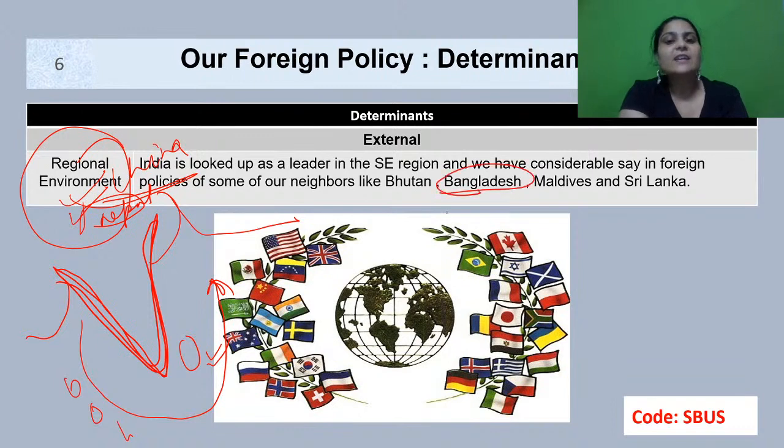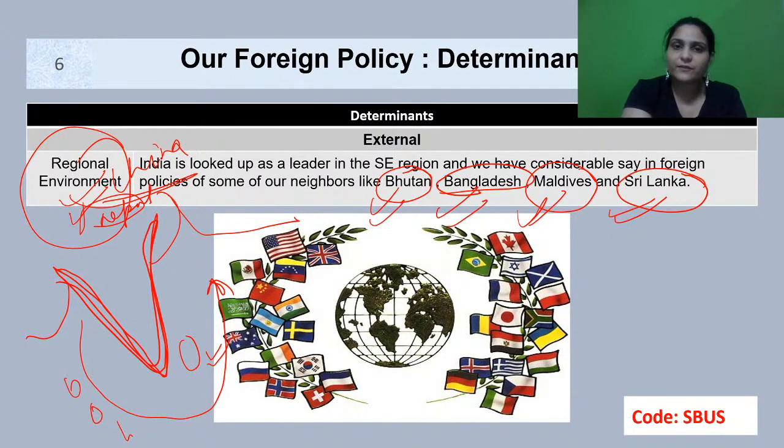Bangladesh, we have friendly relations because we actually helped Bangladesh gain independence. Bhutan, of course, we provide a lot of aid. We import a lot of power from them. We give them a lot of aid to develop their own nation. Maldives, yes, a lot of people working there are Indians already. Indians are there as doctors, as hosts, and in tourism. Sri Lanka, Tamil Sri Lankans are very, very common. They are the brethren of the Tamil Nadu people living in India, and that's why a lot of issues that happen there have a lot of impact on the state of Tamil Nadu, and then finally on Indian polity,